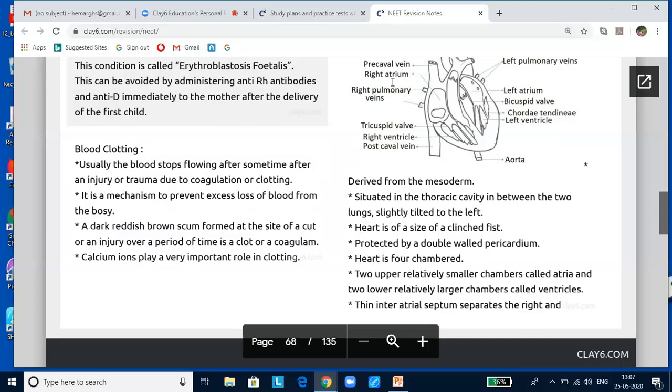The blood vascular system transports nutrients like glucose, fatty acids, vitamins, etc. from the site of absorption to the different parts of the body. It transports nitrogenous wastes like ammonia, urea, uric acid, etc. from different parts of the body to the organs of excretion. It transports hormones from the endocrine glands to the target organs.